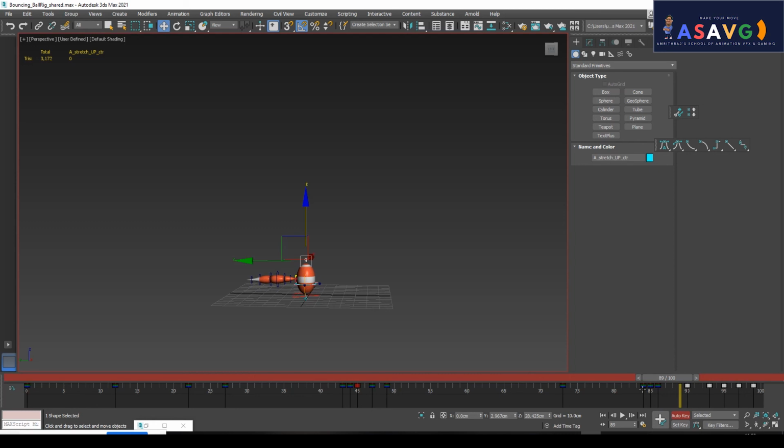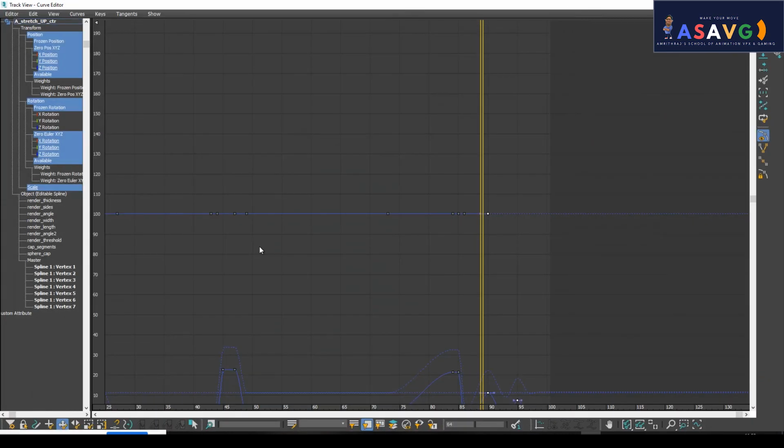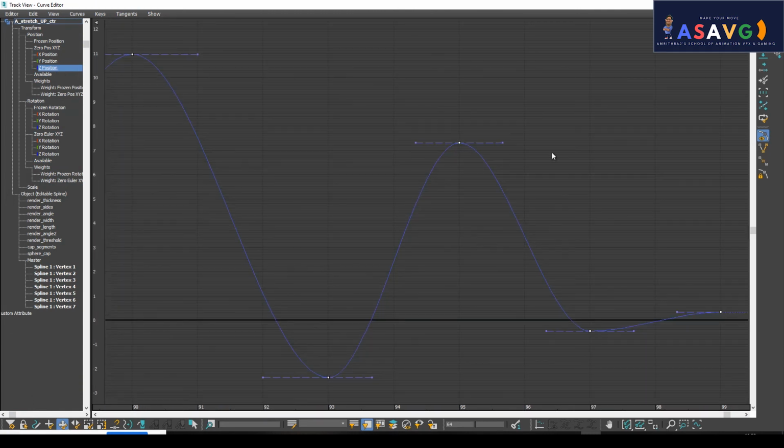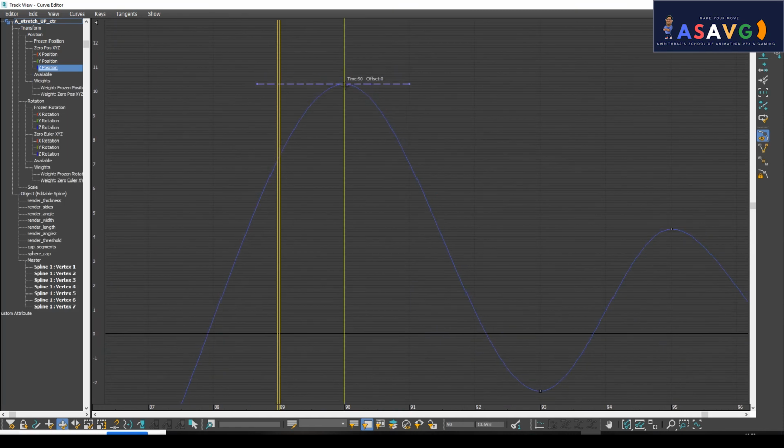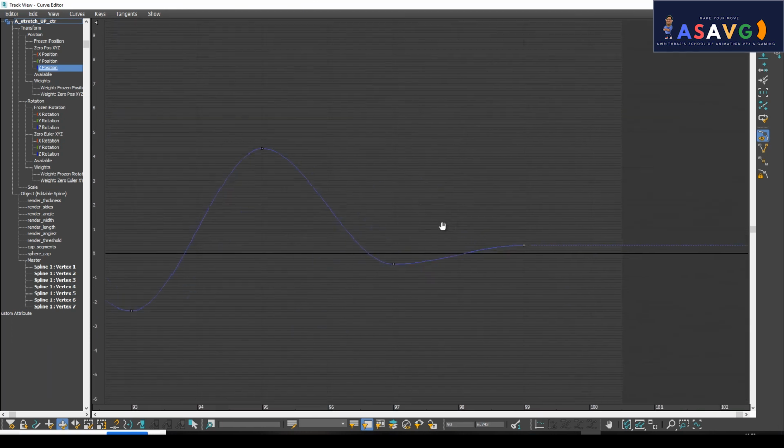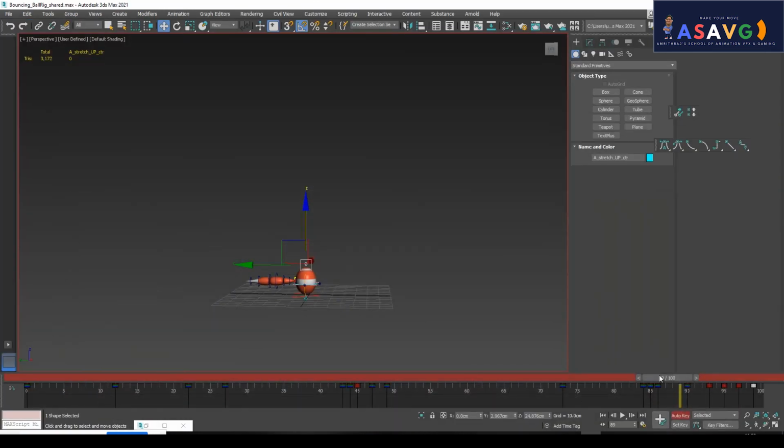Okay, now we'll go to the graph editor and clean that thing. Now I will be checking the position area. Just click here. Yes, I want this graph to be more down. This graph also is more up, I will make him more down. This also a little bit down. So I will be checking. Okay, now it's going fine.